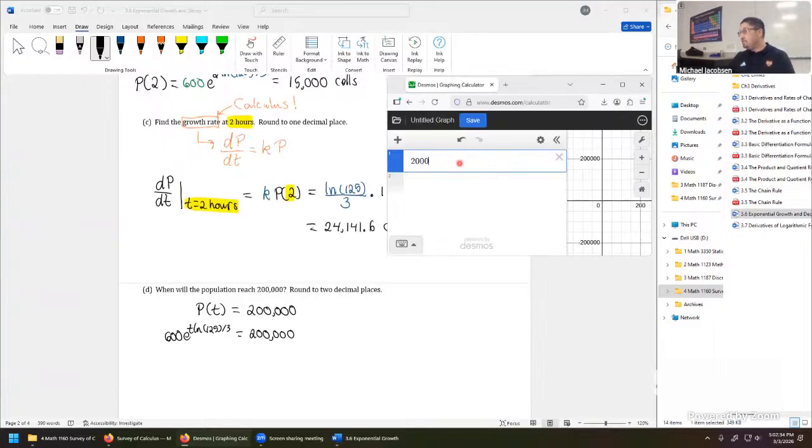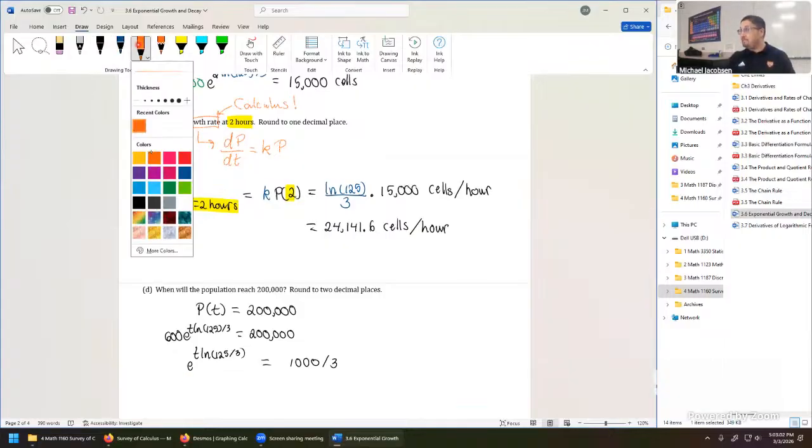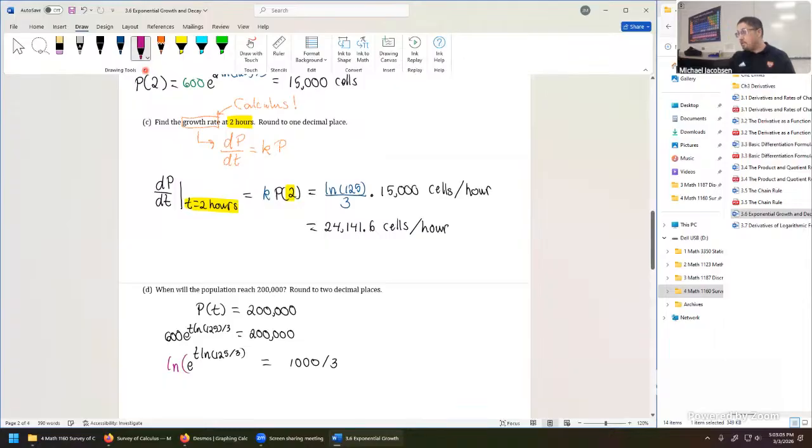So 200,000 divided by 600 comes out to a repeating decimal, or as a fraction if you prefer, 1,000 thirds. So e to the power t, natural log 125 thirds, is 1,000 divided by 3. Only step I took here was divide by 600. Now we need to cancel off the base e exponential, but that's done just by taking natural logarithm of both sides. On the left-hand side, there's our cancellation. Now we've freed out the exponent, t times